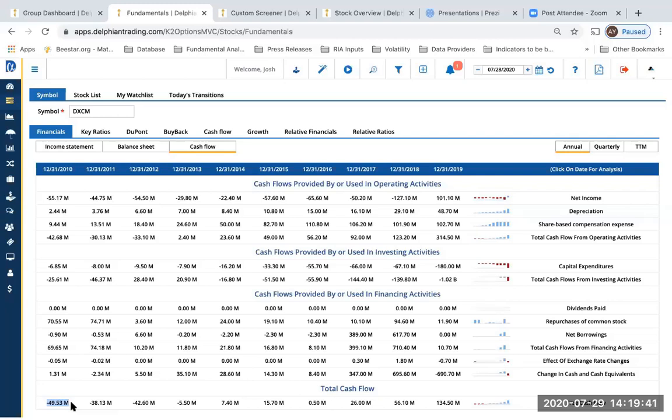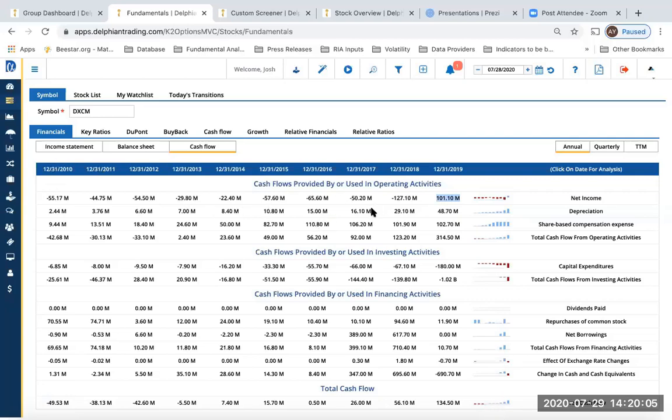Whichever is easier for them and whichever makes sense for them. So those are the two forms of bringing money into the company. Of course, they are paying. If you look at the share-based compensation as well, they're paying $100 million in share-based compensation, and despite that, they are getting a net income profit of 100 million.